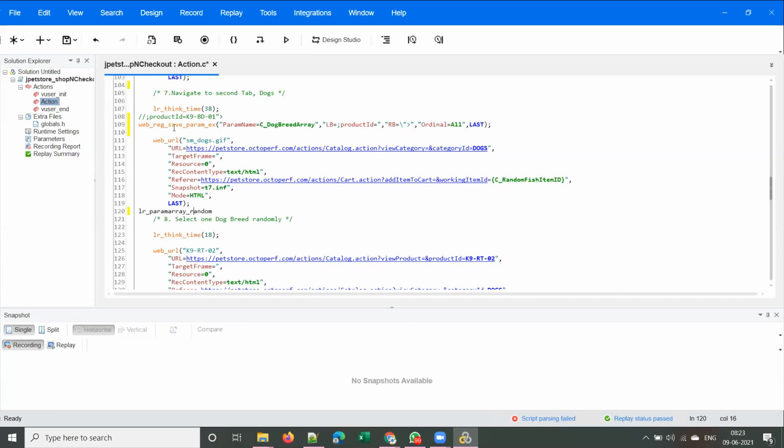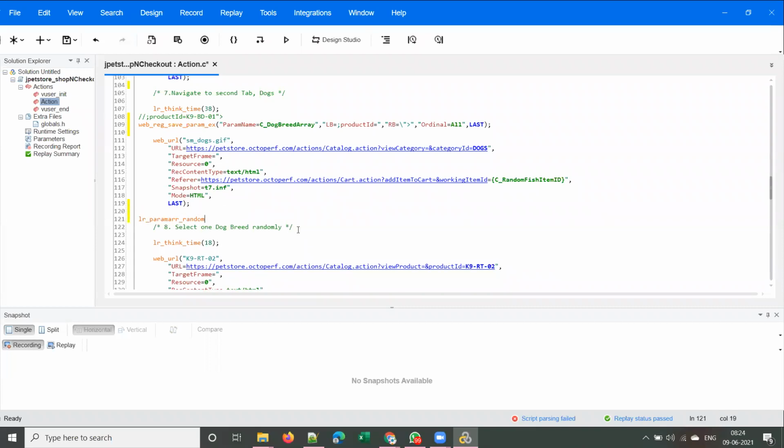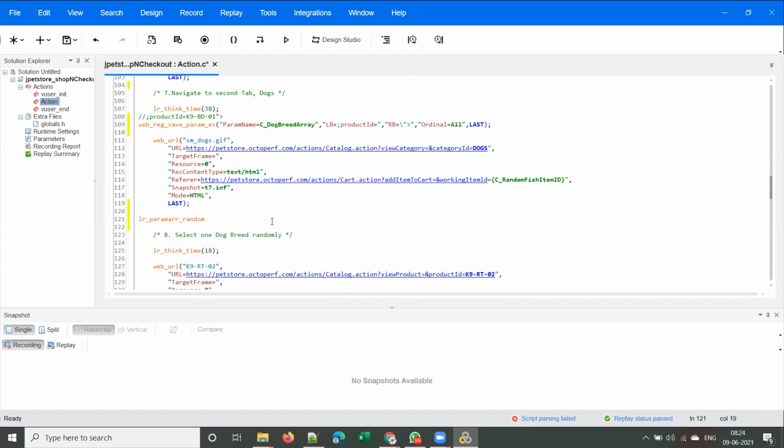If this is a valid function, it will change the color to this orange color, right? Read it properly then: lr_paramarr_random. Now the tool recognizes it and changes the color, right? Yes, sir. What next?